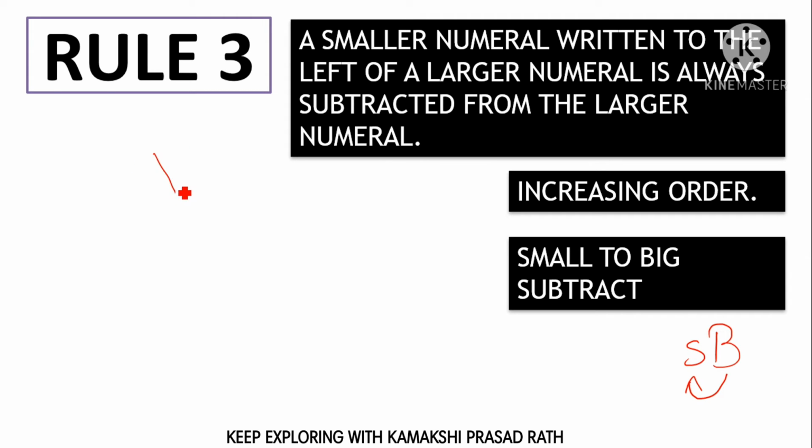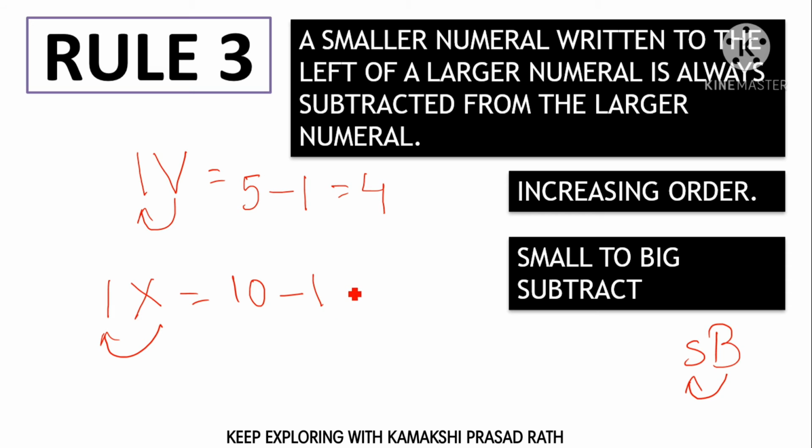For example, we have a symbol V and on the left of it, suppose I write I, because that is the only smaller symbol we have. So we have to subtract this one. So from V, I will subtract I. So that becomes now 5 minus 1. So we get 4. Similarly now, I, X. So if I write IX, it becomes 10 minus 1. So 10 minus 1, we get 9.